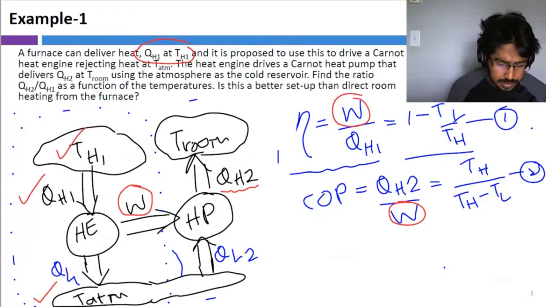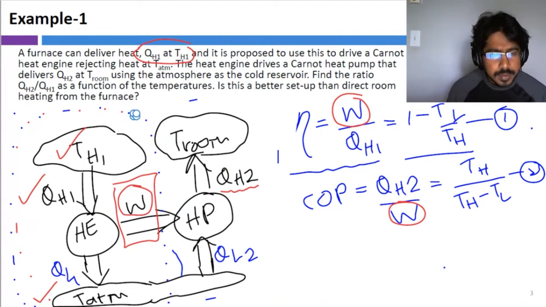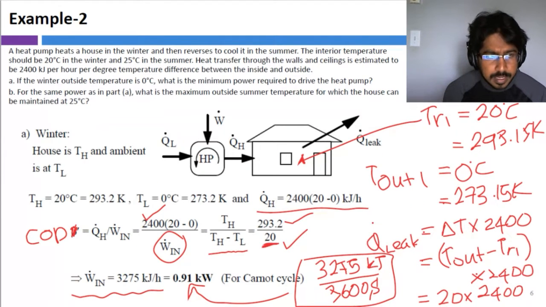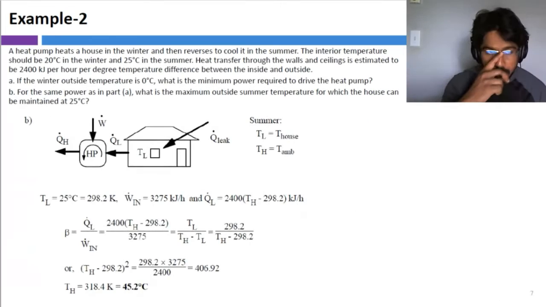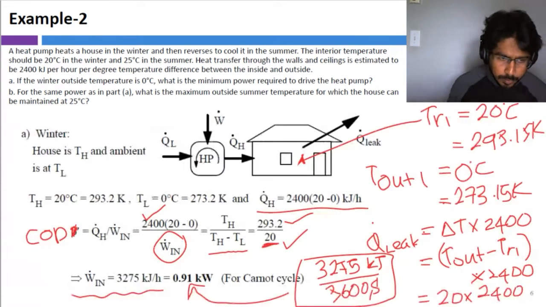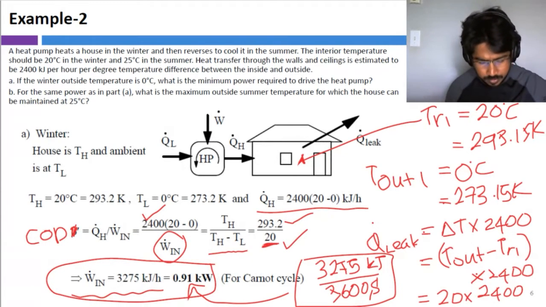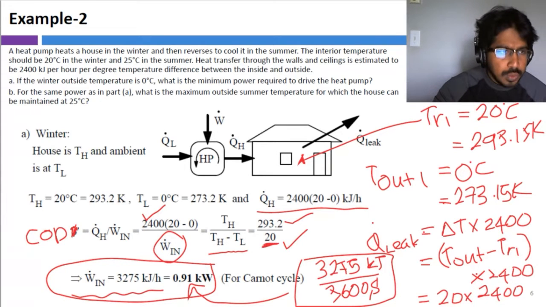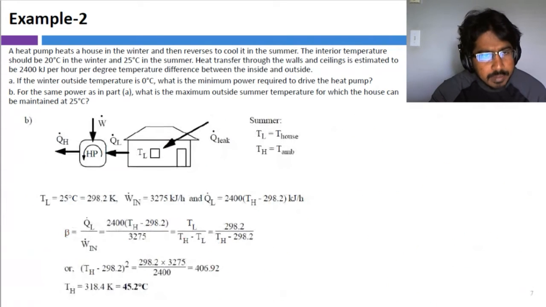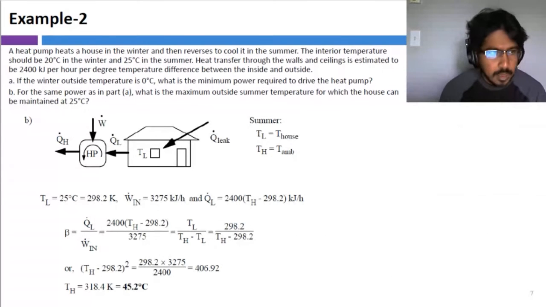Now, heat engine is the one that produces the work input required for the heat pump. So it could be anything. So if you are clear about part A, take another 2 minutes and try part B. So in this question, it says for the same power as in part A, right? So for part A, we know that this is the power input, 0.91 kilowatts. For the same power, what is the maximum outside summer temperature for which the house can be maintained